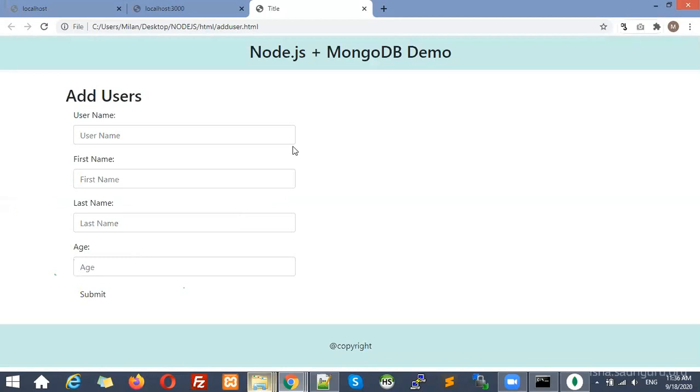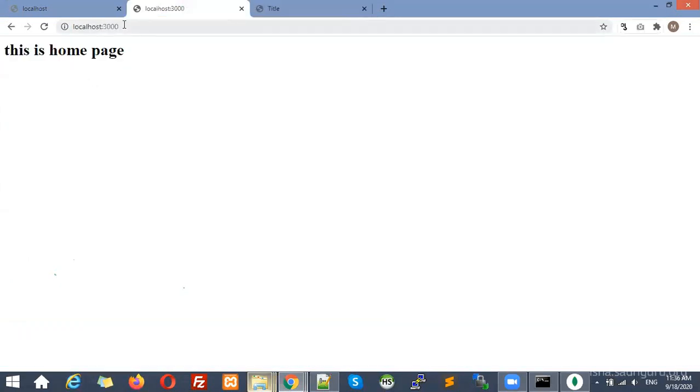So we want to first of all start with insertion of the data. So this page, first of all, we have to call. For example, if I type over here in the URL localhost:3000/adduser, then currently it will not open this page. But after our process, after calling this add user, it should display whatever HTML page we have seen currently, right?